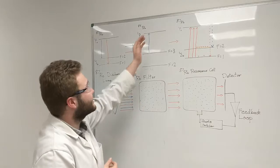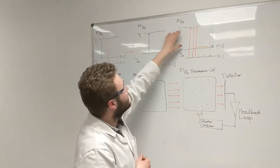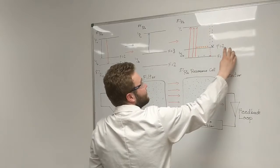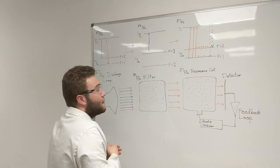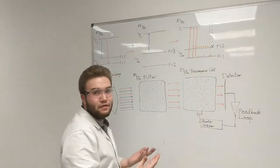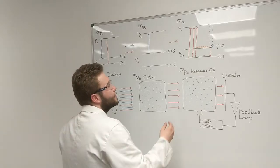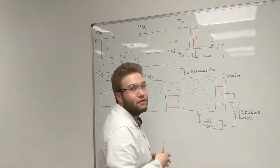Now what this does is it excites many of the atoms in this cell and promotes them to this P state up here. These then decay almost half into the F equals 2 state and a half into the F equals 1 state. But as they decay into the F equals 1 state, another photon of light will come along with this frequency and then excite it again. And therefore, as time goes on, you get a population inversion where the first excited hyperfine level of the rubidium